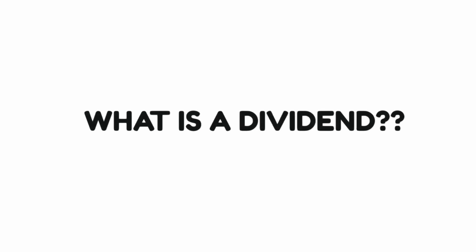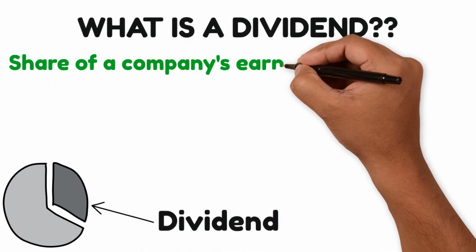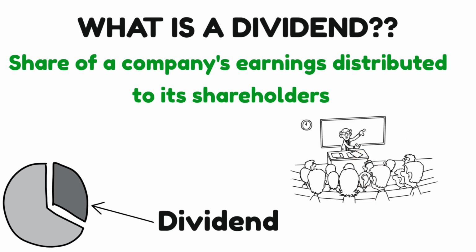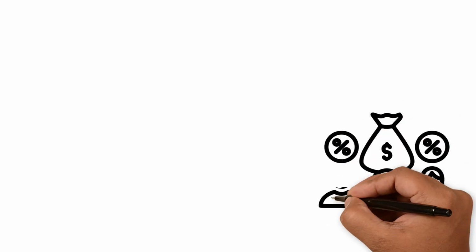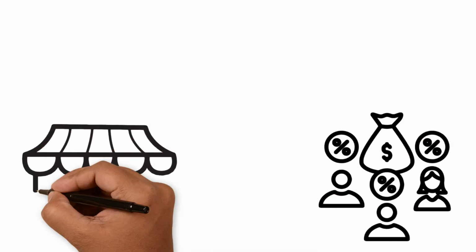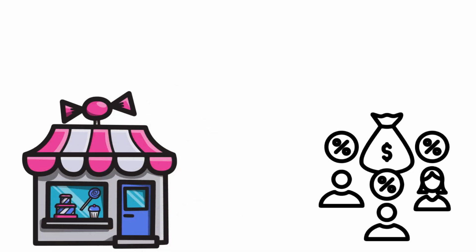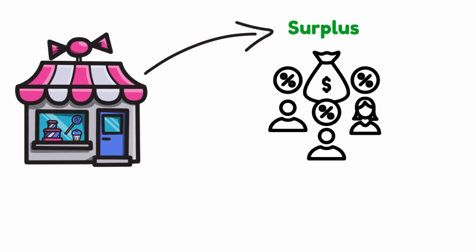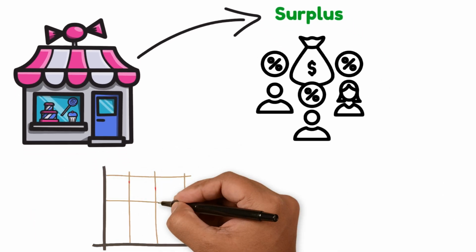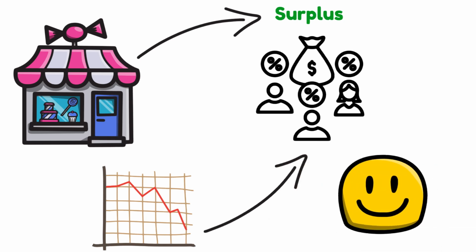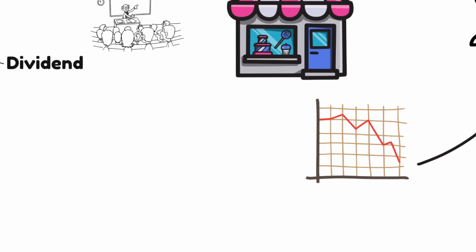What is a dividend? A dividend represents a share of a company's earnings distributed to its shareholders, a decision typically made by the company's board of directors. Dividends serve as a form of reward to shareholders for their investment in the company's equity, commonly originating from the company's net profits. While profits may be retained within the company for future business activities, any surplus may be allocated to shareholders as dividends. Even in periods of adequate profits, companies may continue to make dividend payments to uphold their established track record of distributions and reward their shareholders.